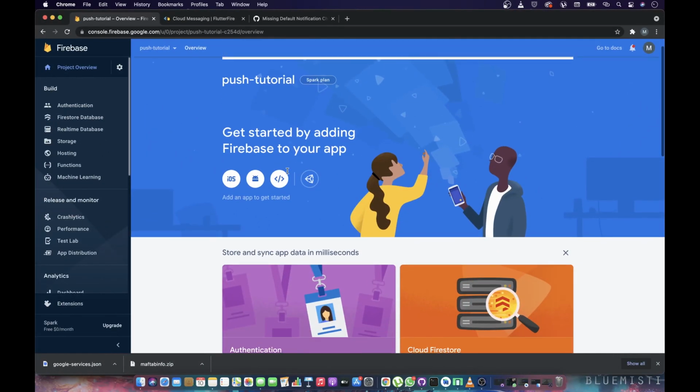So this is our Firebase project. It's just a new project. I haven't done anything in this project. So first of all, what I'm gonna do is integrate the Firebase with the Flutter project, and specifically the